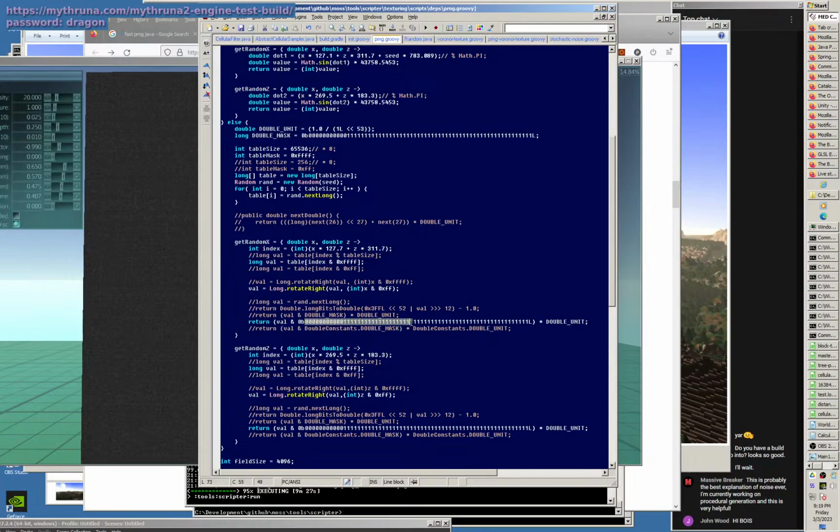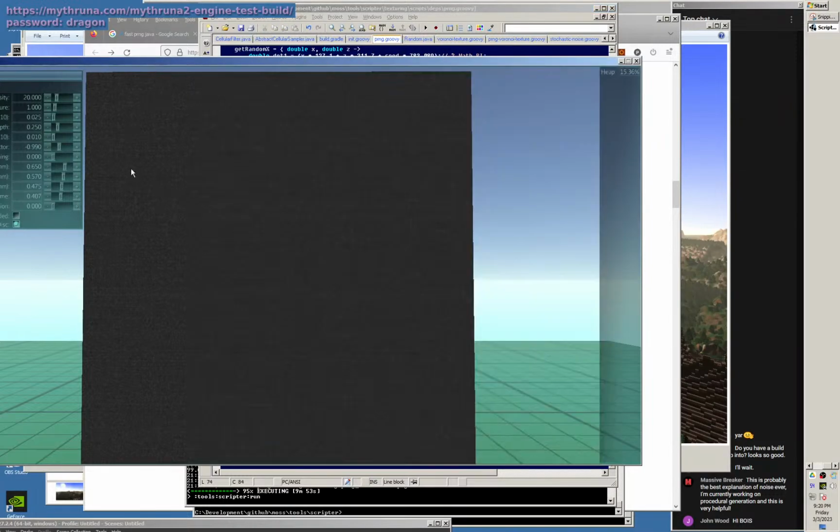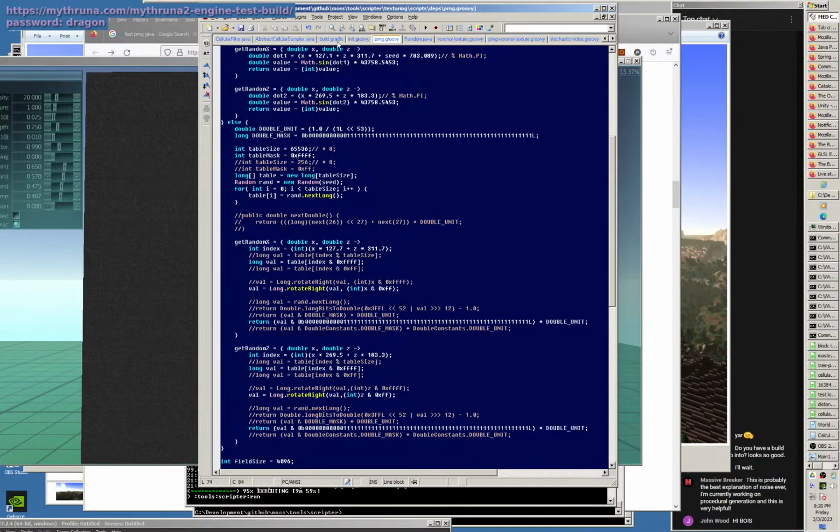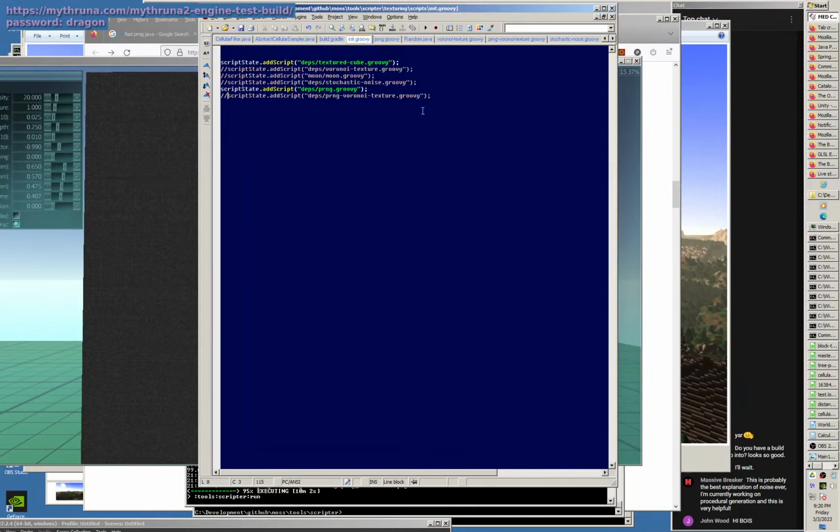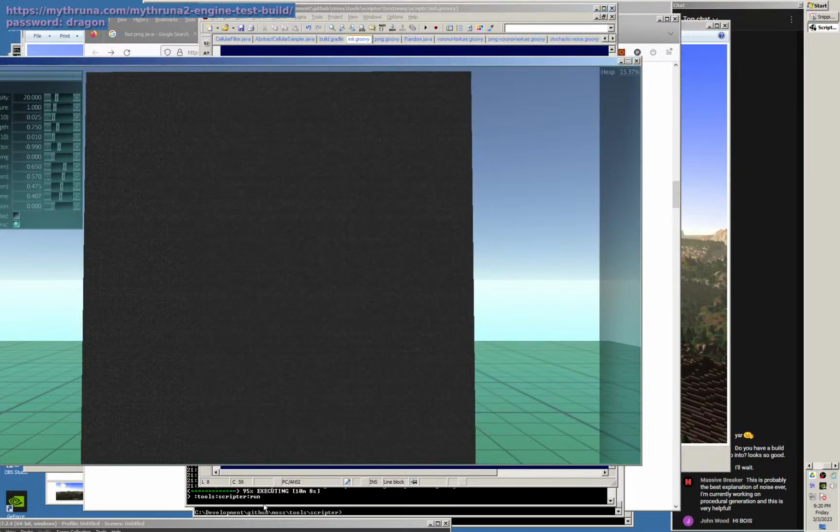So if you imagine this is one big giant bit stream, in fact it is, right? If we rotated right once, it would move everybody to the right, take this one off the end, and put it back on the beginning. I never really rotate anything more than 64, that is a little weird. But by doing that, we add additional randomness to the bits, and it helps a lot. This actually surprised me that it worked. And so then I took this and pumped it back into the Voronoi texture, and it obviously worked because